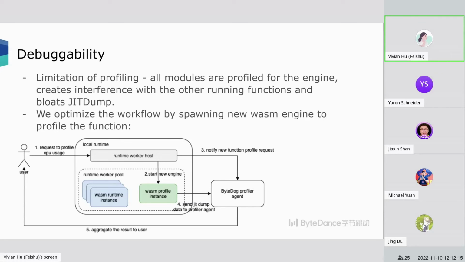So an engine is basically the sandbox environment, like the isolation between the WebAssembly runtime. And we only run that one particular function right now. First is profiling the function, so collecting the JIT dump. And second is to integrate with our ByteDog platform. This is the generic platform which takes the JIT dump and the profiling information for all the languages, for all the tools,